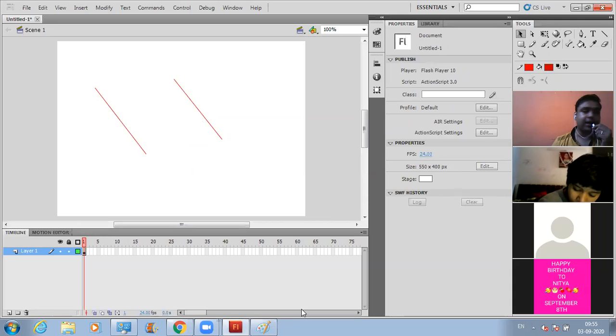Fine. And the last but not the least thing that we need to take care about is this timeline. This timeline is a window at the bottom of the stage. Now it is divided into frames. These white rectangular boxes that you're seeing here are known as frames. It is the area where one controls the sequencing and timings of graphics and other elements of the movie.